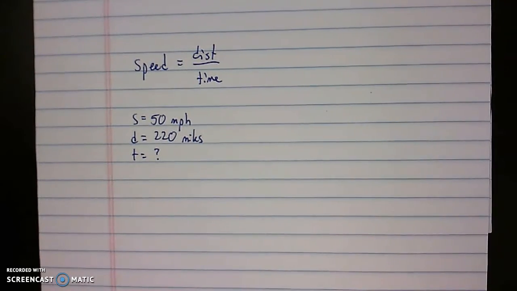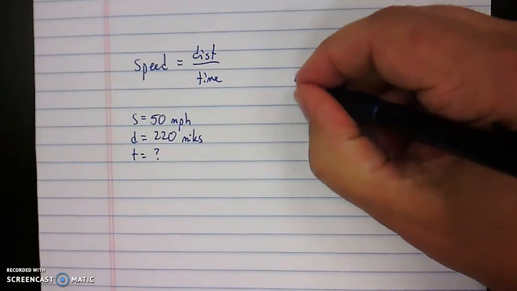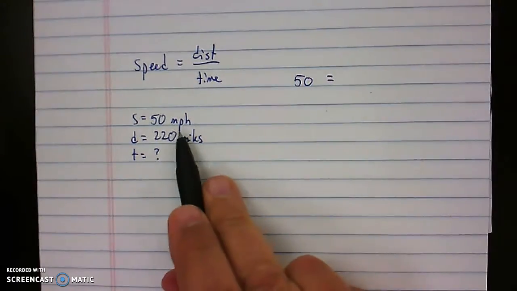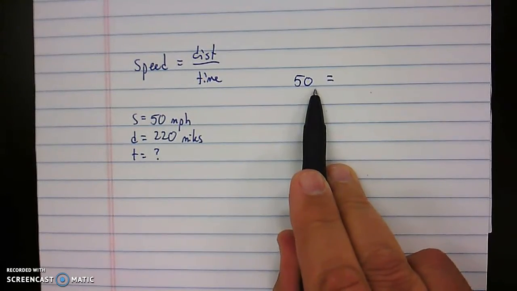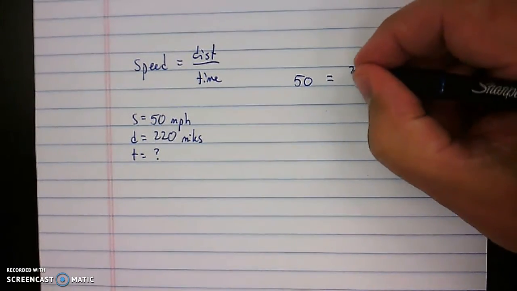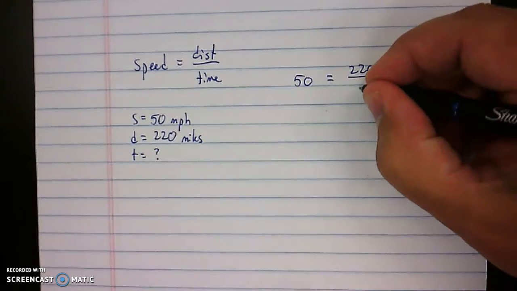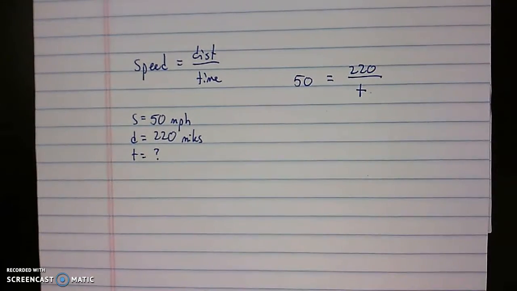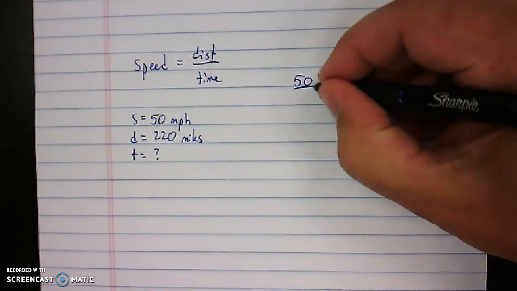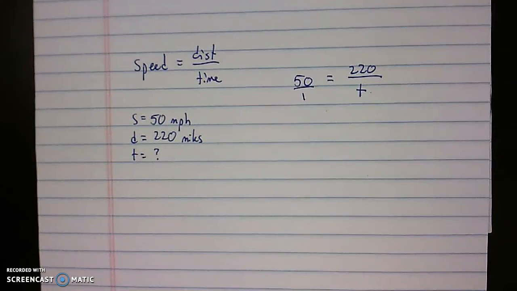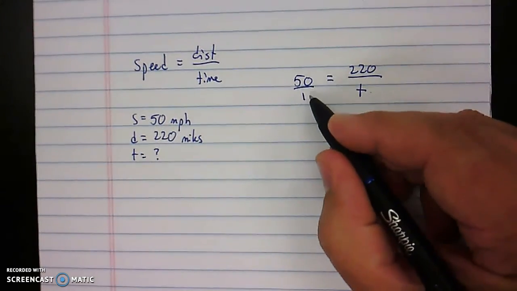Well, the equation, again, is just speed is equal to distance divided by time. So speed is going to be 50. Again, I'm going to leave the units out of the equation just so I don't get confused. The distance is going to be 220 miles. And we are looking for the time. Now, to solve for a variable in the denominator, there are several ways you can approach it, but the one that seems to make the most sense to my students is to cross multiply. Now, this is not a fraction, but we can easily make it a fraction by just putting it over 1, and then cross multiply. Cross multiplication simply means you take the denominator here